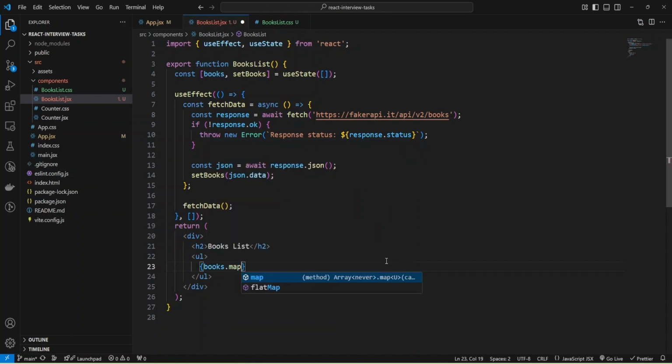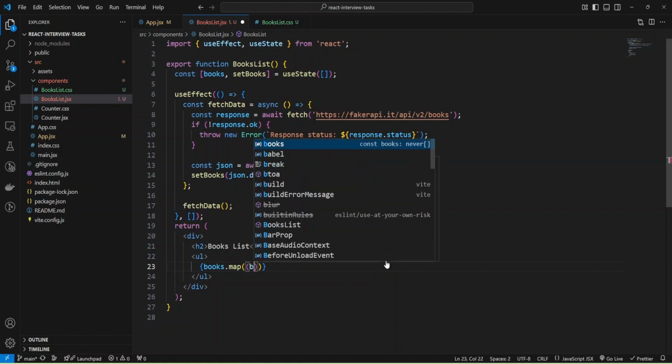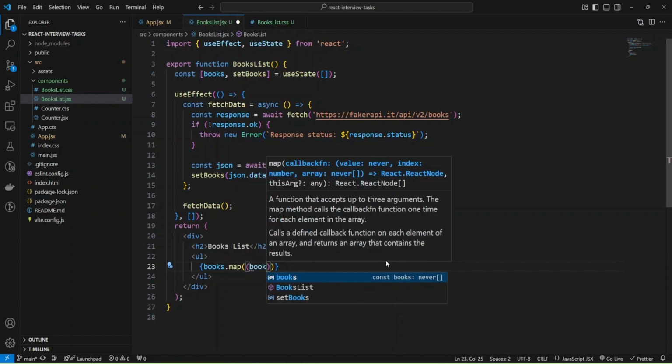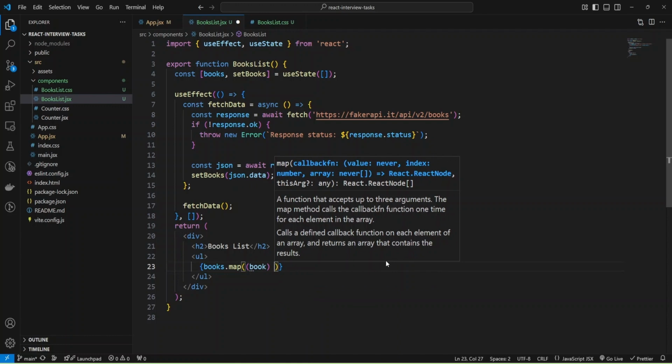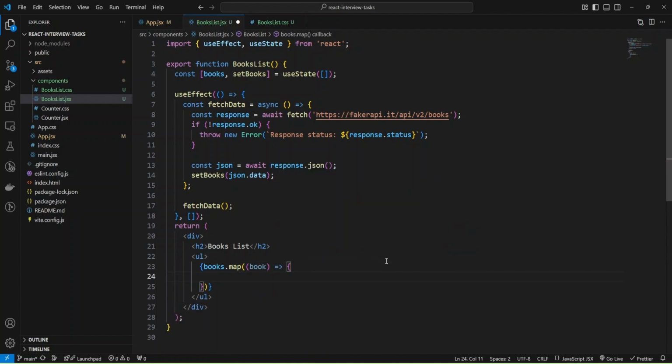And for each book inside the element, I'm going to provide JSX, and I'll add a list item, and for the list item, I'm going to provide some empty line.